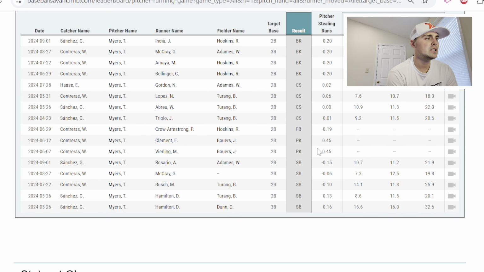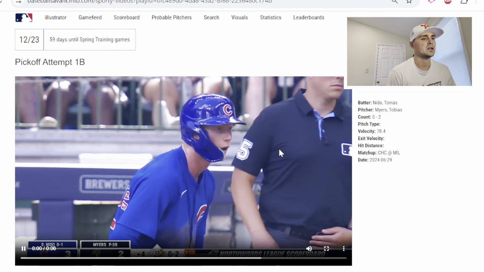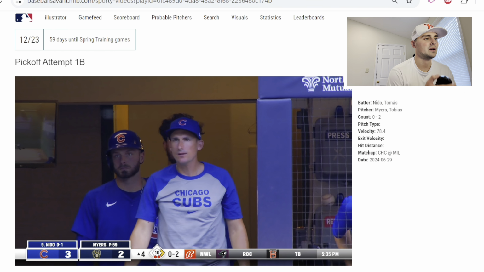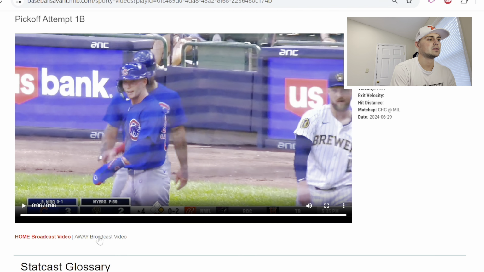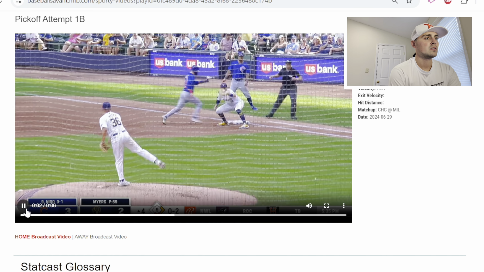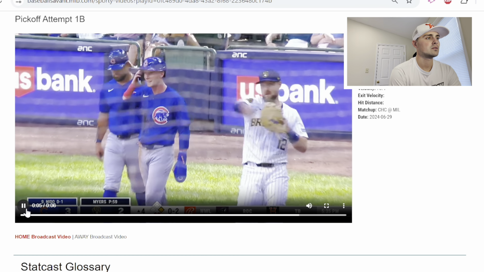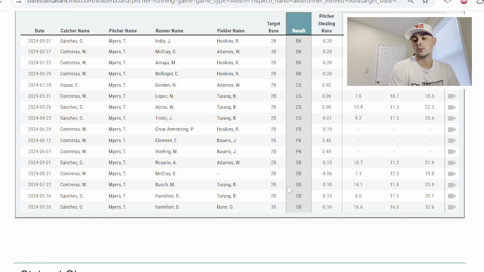pickoff. Jeez. Let's look at this. This is a forced balk. This is a pickoff attempt. That's good. Oh, PCA with a little jab step. Oh, that's 3. Take your base. No away broadcast video there either. Let me see. See a little jab step there. Wow. I wish I had that number. Anyway,